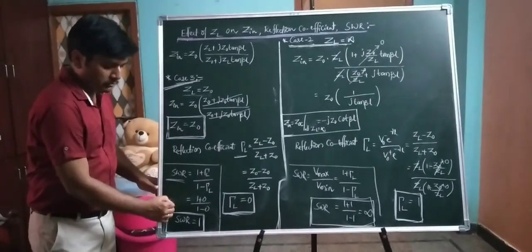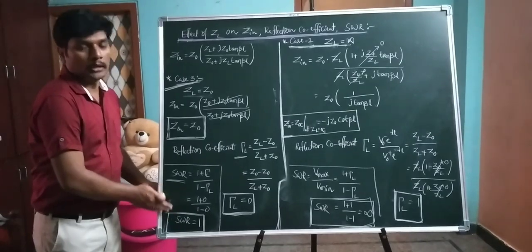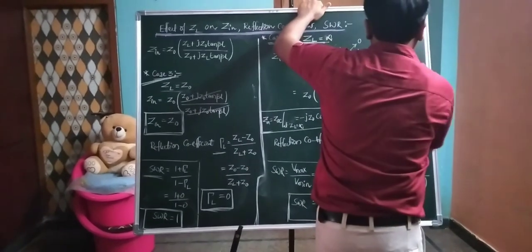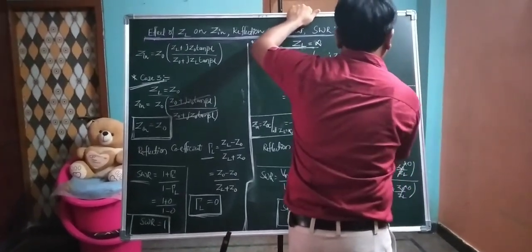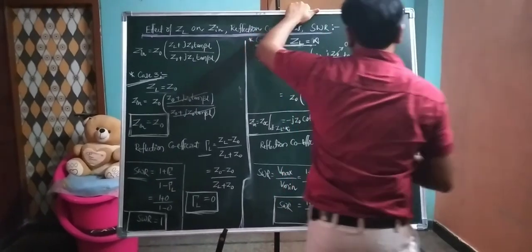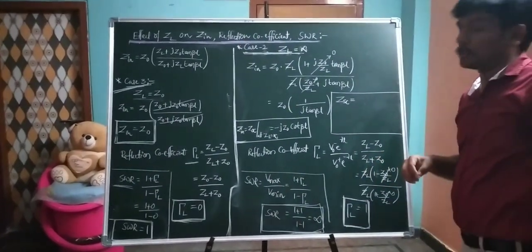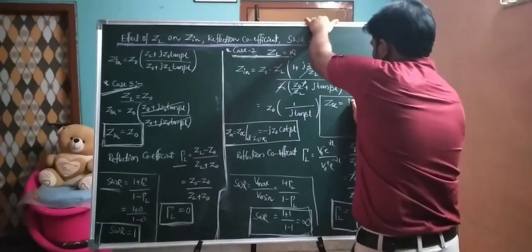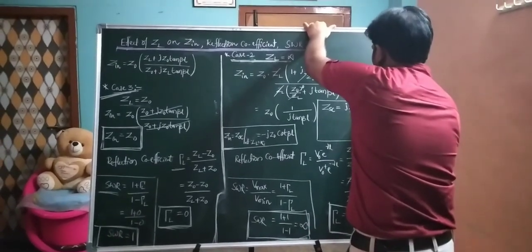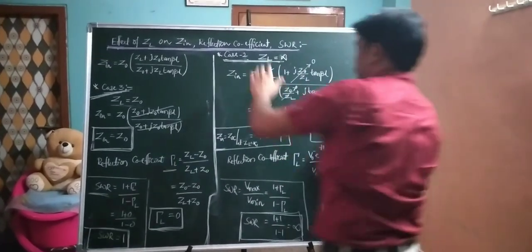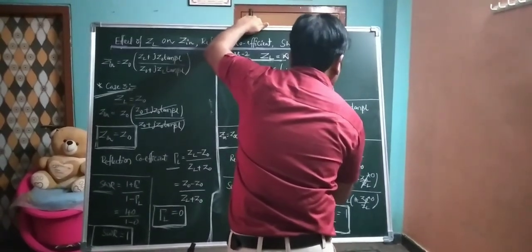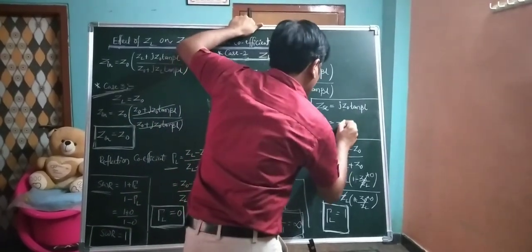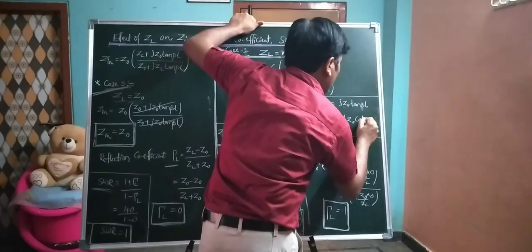Standing wave ratio definition is V max divided by V min, equal to 1, right? In this, one thing you have to clearly note. What is the Zsc? Zsc, that is when ZL equals 0, means the Zin, is obtained as jZ0 tan βL. What is the Zoc? That is when ZL is selected as an open circuit. Then what is the Zin? Zin is equal to minus jZ0 cot βL.